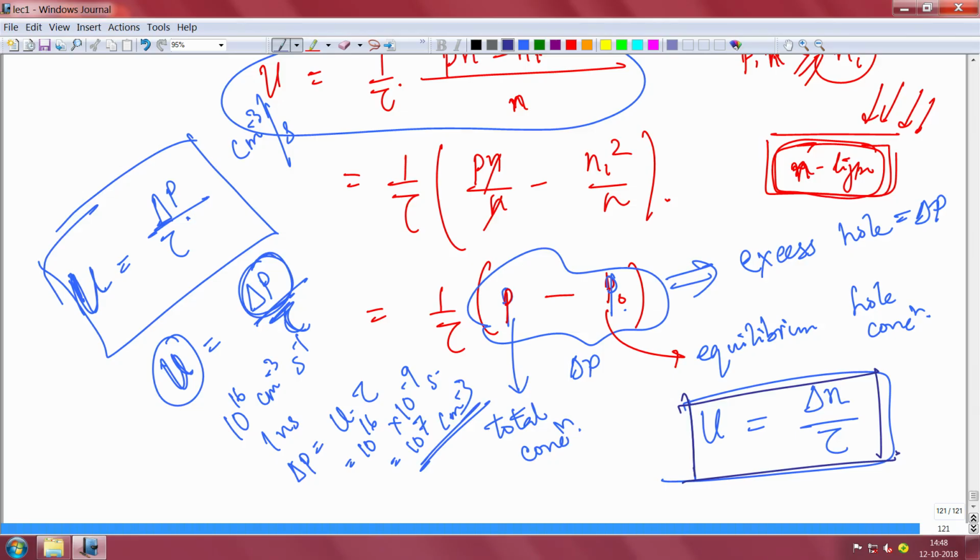So, now we know the recombination, we know also generation. When you shine light, you might generate carriers. For that, the light has to be absorbed by the semiconductor, and you typically shine light that can be absorbed by the semiconductor. So, the light's energy has to be equal to or more than the band gap energy of the semiconductor, if you remember that.